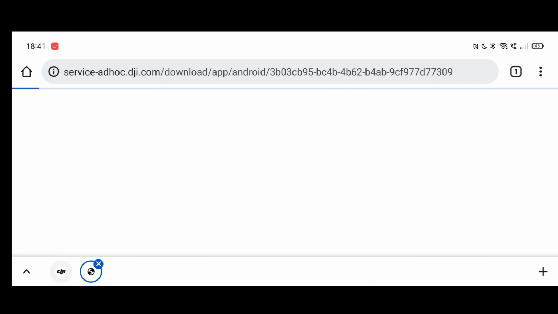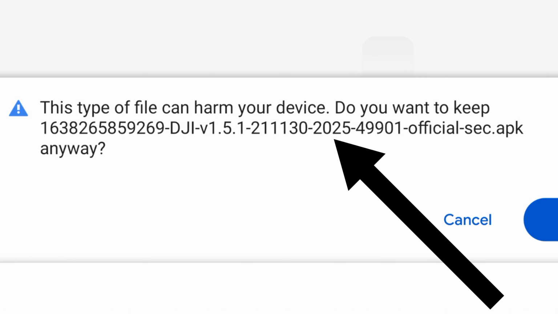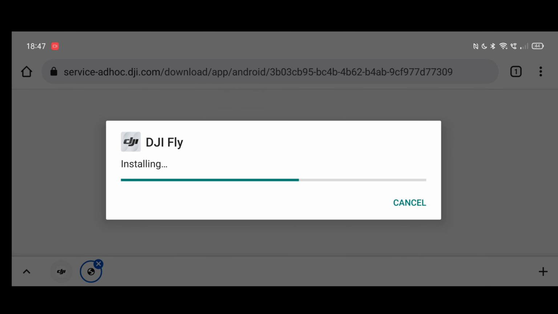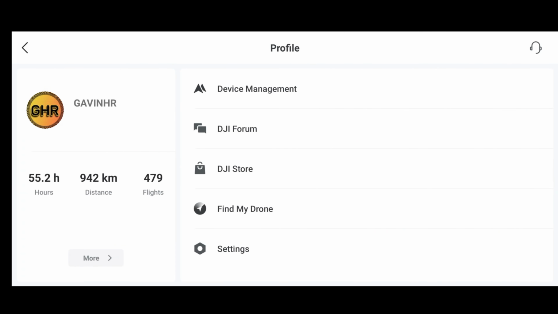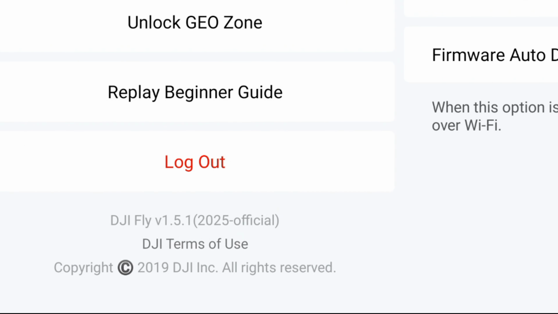To install this update, you can very simply go to the DJI site as usual, and then you hit that download button for Android, and you can see this is version 2025. Okay, go through the motions, click install, let it do its thing, click open, and then we go into the profile and then settings, and you can see that is 1.5.1 version